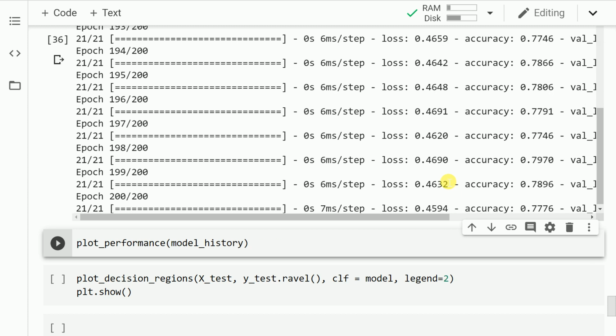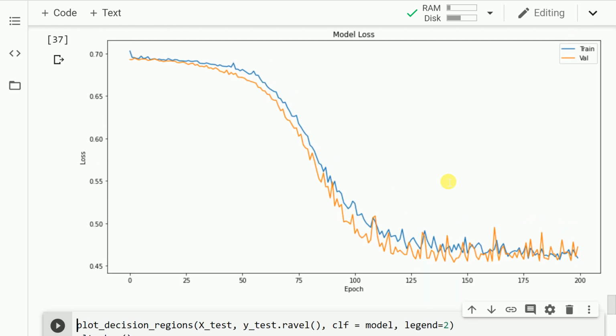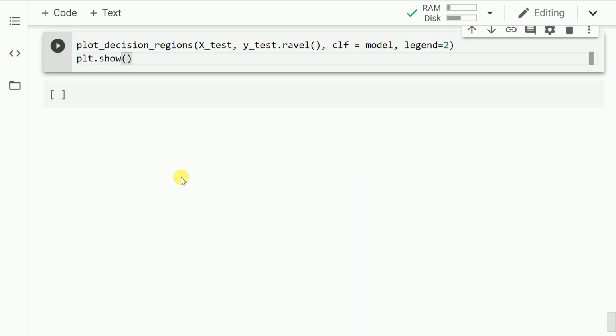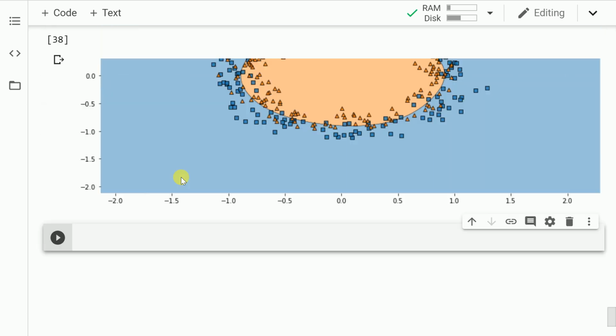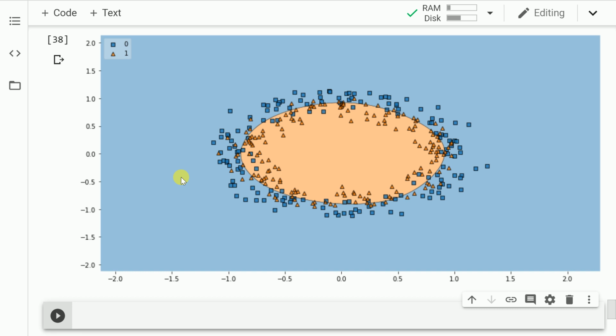Now that we have trained a new model with the Xavier initialized weights, let me show you the performance of this model. As you can clearly see, both training and validation losses decrease with increase in the number of epochs. So this is the normal behavior that you should observe when you train a neural network. Let me go forward and show you the decision boundary for this new classifier that we've just created. As you can clearly see from the decision boundary, it is able to learn the patterns really well.